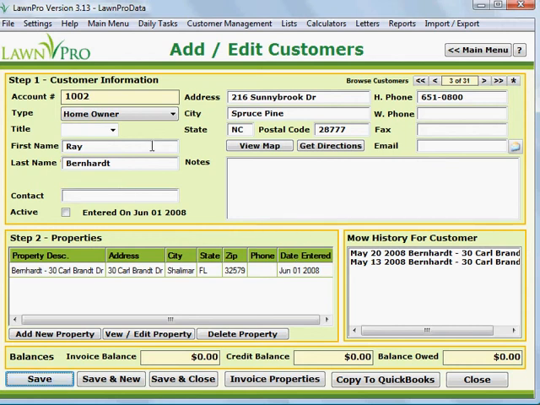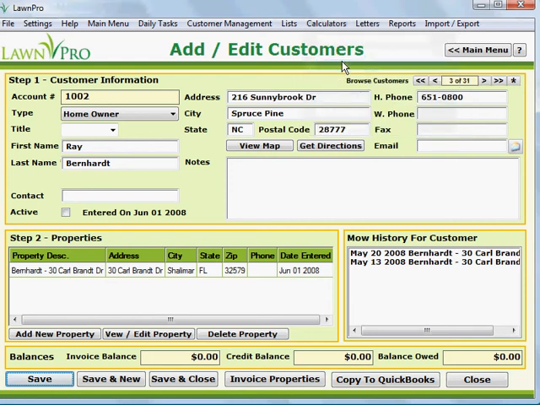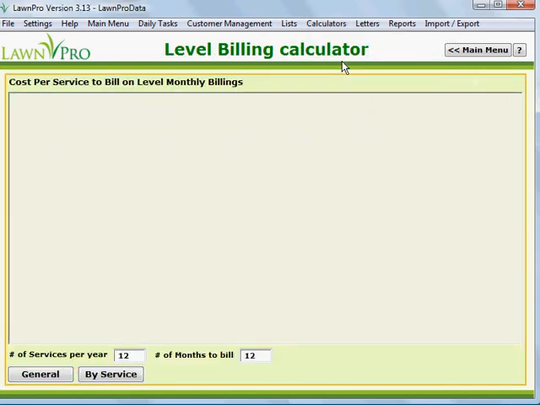And the other thing on this is that usually it looks like it didn't save when you hit save, but it did usually. So the other thing is there's some calculators here which you can go look at and mess around with. Like the level billing calculator is kind of cool. Wonder how long this is. Trying to make these a little bit shorter so they don't take so long to download. But you would say